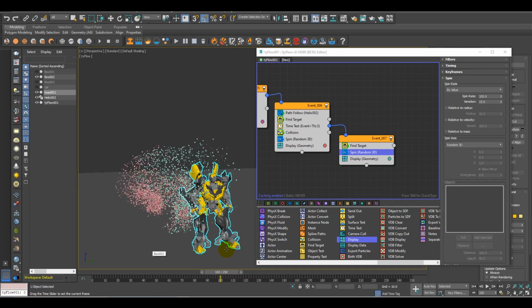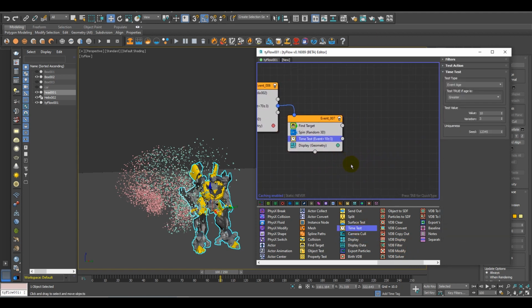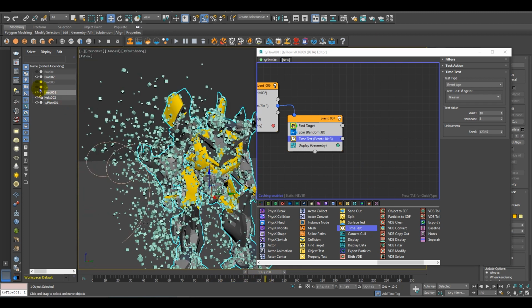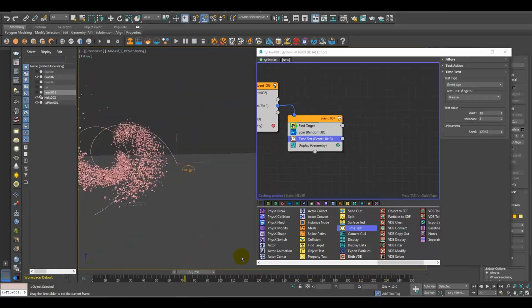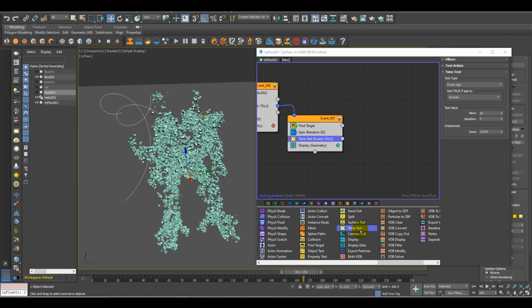Also, at this point, if I add a time test to around 10 on 3 and take another, as after getting attracted, I need this particle. If you off this mesh, you will see it's forming the shape, but it's not going away, it's not disappearing. So to make them disappear, I need to scale them down. So for that I need a time test.